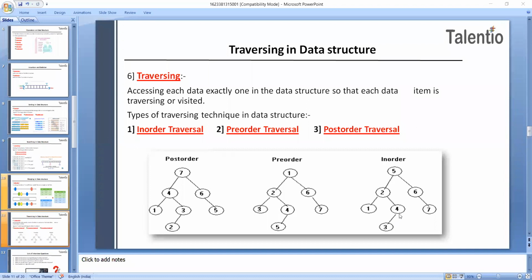Suppose I have taken a, b, c, d here. This will be the a value, this will be the b value, this 6 will be c, this will be d, and this will be e. For more understanding, use a, b, c, d the first time. Forget about this 3, and here I have taken one more node, that node is c, with f and g. Now how will it traverse?